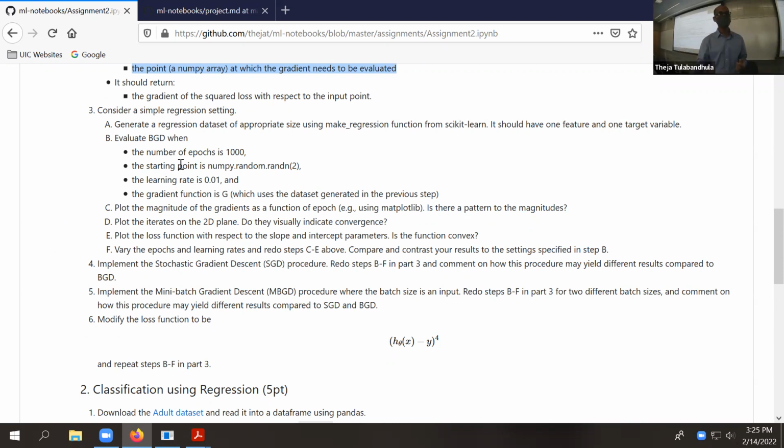And so your starting point, this is the starting theta value. We just pick some two numbers, one for theta naught and one for theta 1, some starting value, and then we want to iterate. How many epochs and so on. There are some suggested choices here, but the objective of this part is just to try out the code that you wrote. Hopefully it works for this one-dimensional simple regression setting. And there are some plotting requests. The subparts just involve plotting.